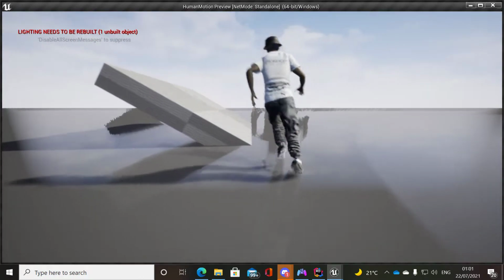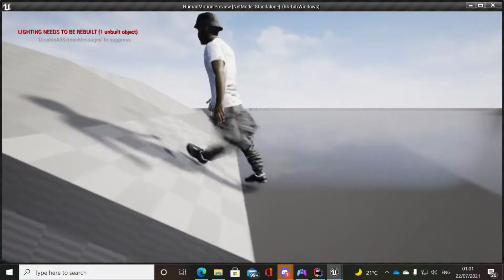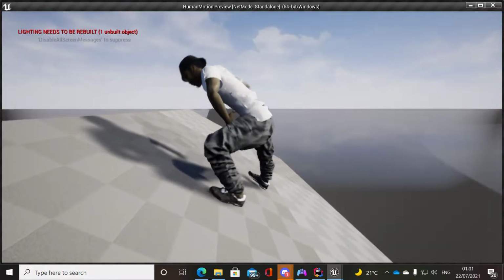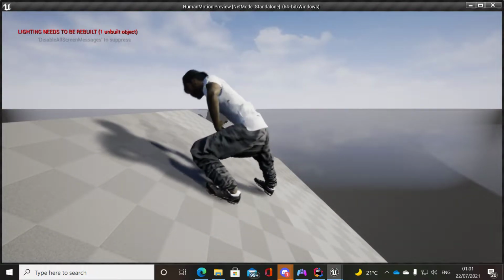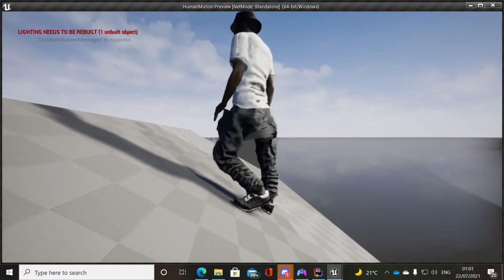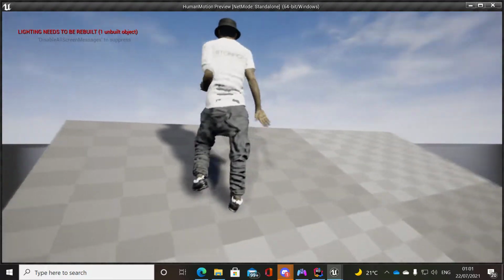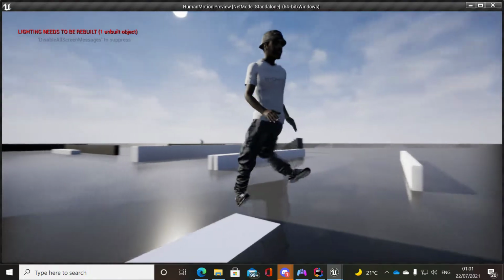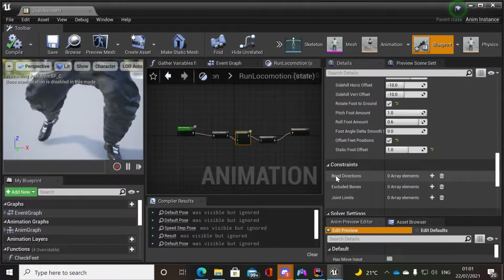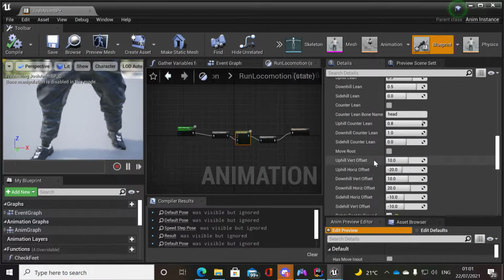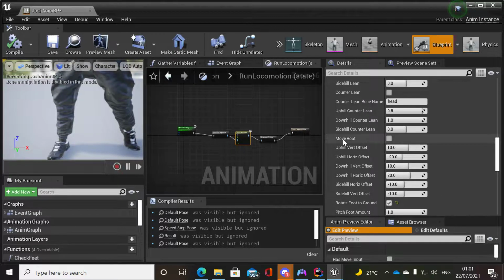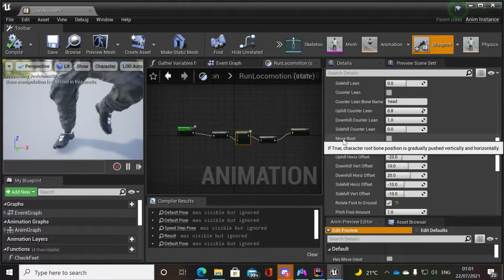The knee has a bit of a... Isn't that like a control rig sort of issue? Because we just need to say do not bend any backward, right? Yeah. Because if there are no constraints, then it's